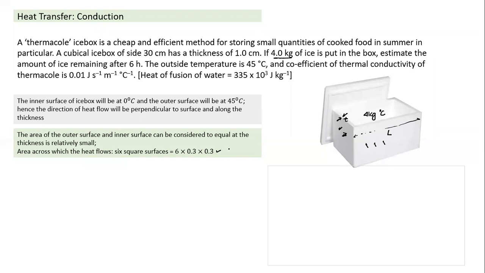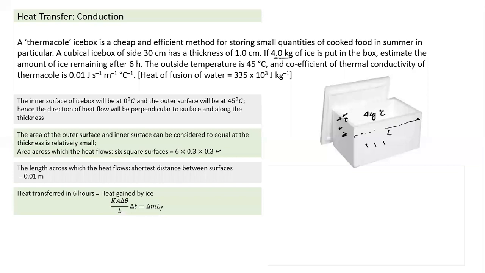I hope this is an important point to understand. For the heat flow, I could have taken only one surface: one side is ice, the other side is atmosphere, then the second surface, third surface, fourth surface. So everywhere. If I write an equation, there is an L term in the heat flow rate. L indicates the length across which heat is flowing. In this case, L will be the thickness of the box, the shortest distance between the higher temperature and the lower temperature. The length across which it flows is this, the area is this. So understanding of area and length is important.